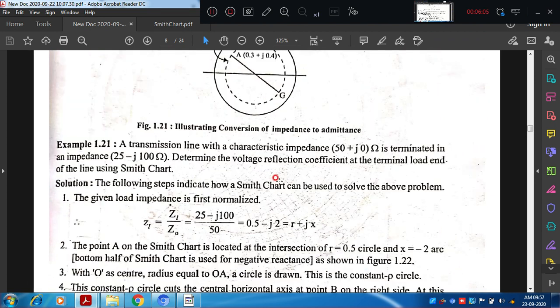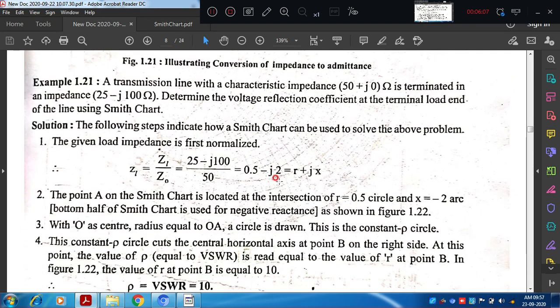Okay, we'll read the problem statement. Example 1.21. A problem statement goes in this way: a transmission line with a characteristic impedance 50 plus J0 ohm is terminated in an impedance 25 minus J100 ohm. Determine the voltage reflection coefficient at the terminal load end